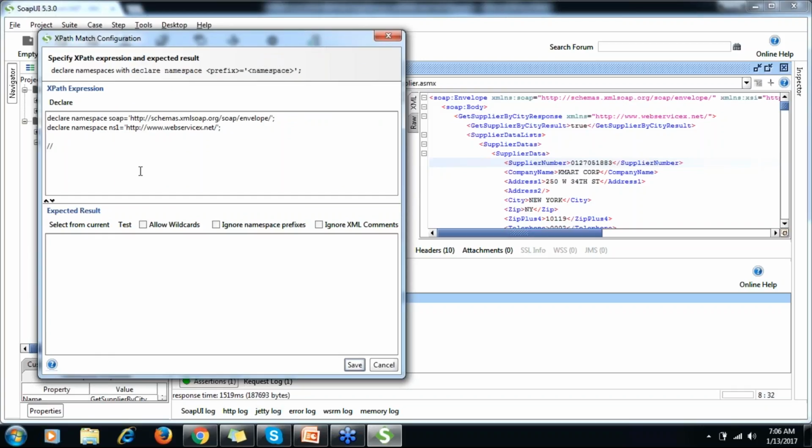So I hope you understand this term relative XPath, because I know nearby my target is supplier number or company name, that is Kmart Corp. And I know a nearby tag or nearby element, so from there I can traverse to that.